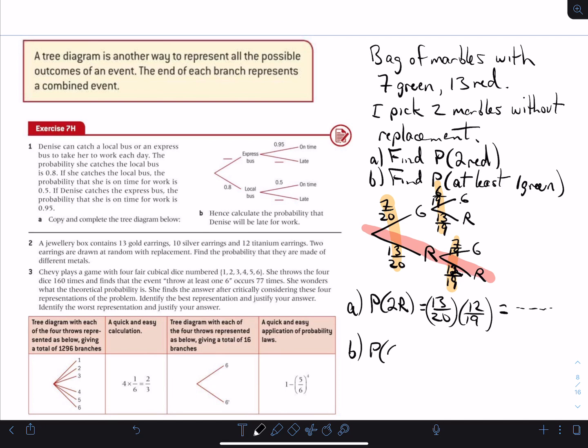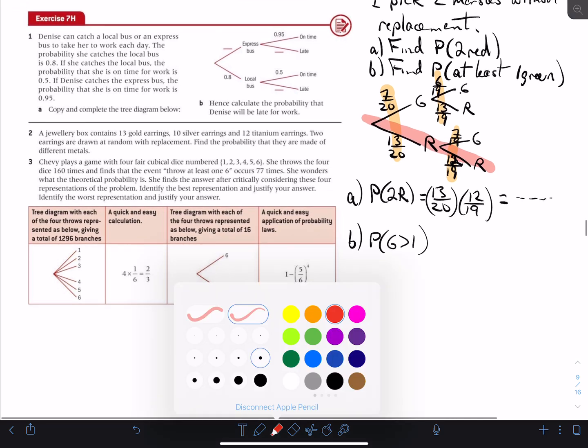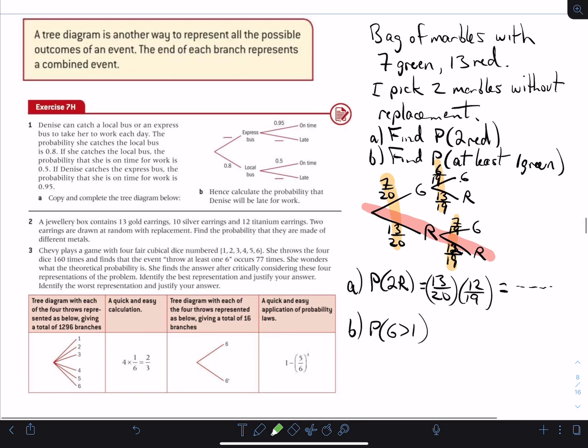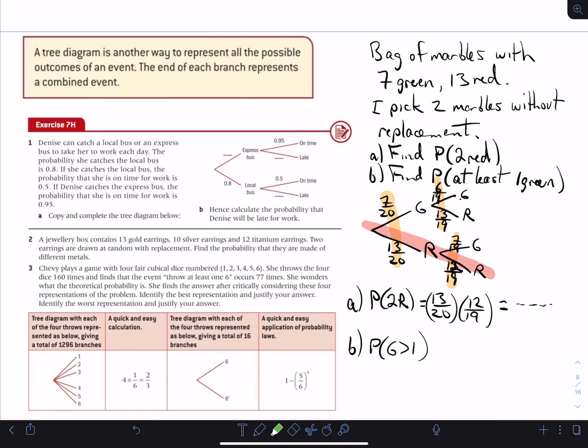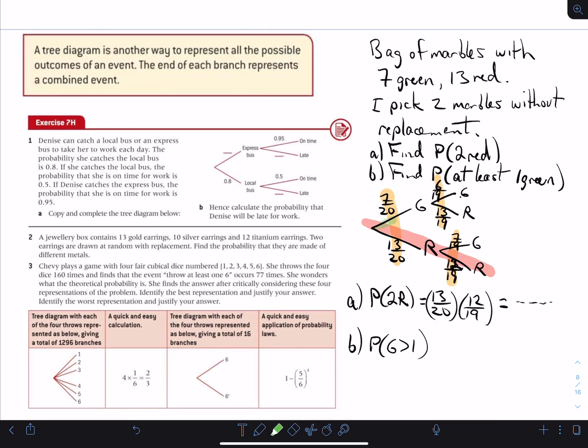B, the probability of at least 1 green. There's a fast way of writing it. Green is greater than or equal to 1. How I do that is I look at all the possible paths that give me at least 1 green. So that's this one, or this one, or this one. Those 3 paths. So one way I can do it, and I notice I said one way because there's going to be another way, is you can go 7 out of 20 times 6 out of 19